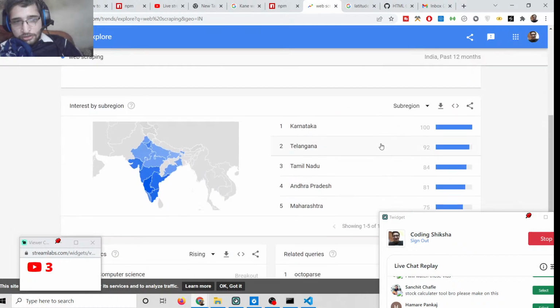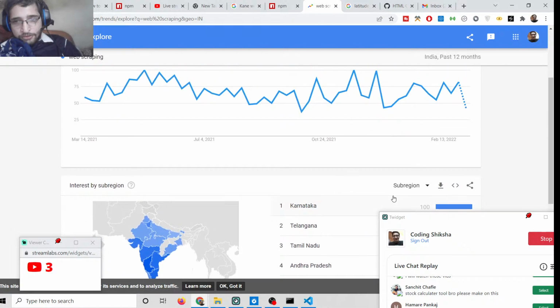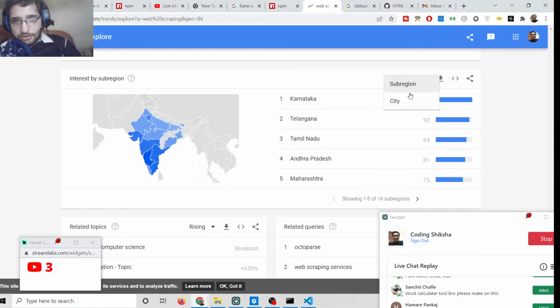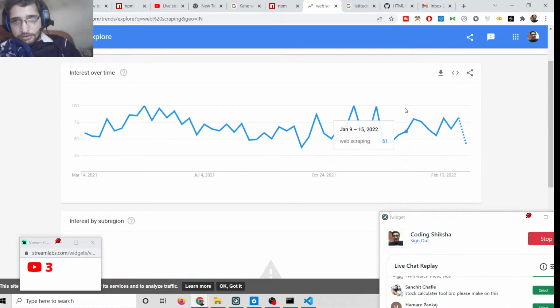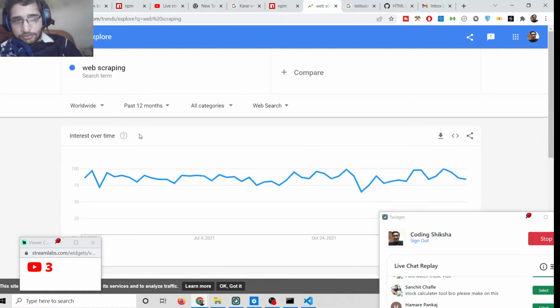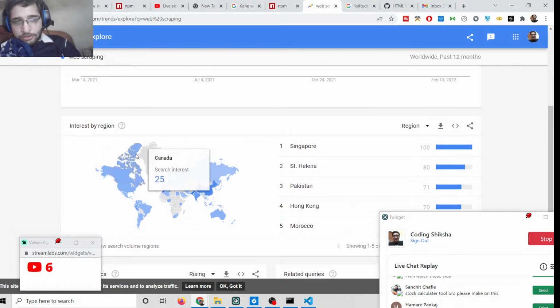82. So most of the Indians also like web scraping. You can see how much Indians like web scraping. So it's a topic of interest. So make sure that you do a thorough research on web scraping. If you just pick worldwide web scraping, you will see Singapore, Pakistan, Morocco, all these countries have interest in web scraping. So Google Trends is a very good